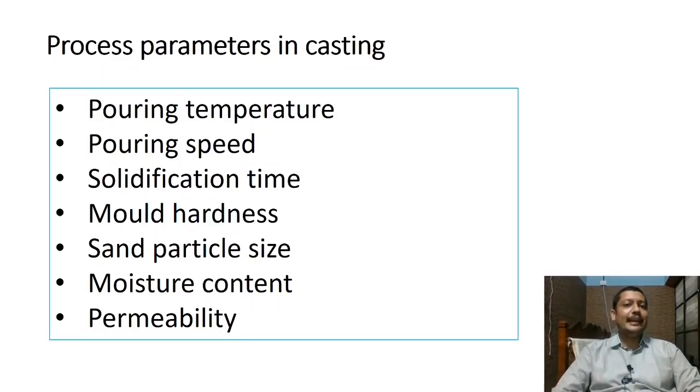To the next slide. So from the previous video, you can see the process parameters in casting are pouring temperature, pouring speed, solidification time, mold hardness, sand particle size, moisture content, and permeability. So these all are general process parameters in casting. When I am shifting from sand casting to permanent mold, some parameters over here will not have their effect. So now I'll move into the